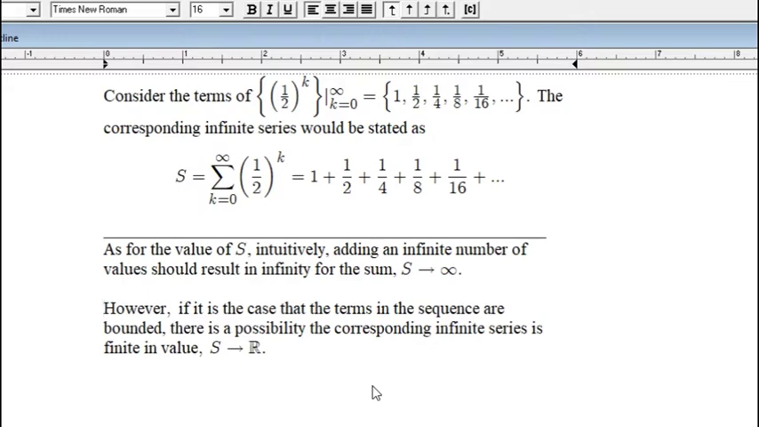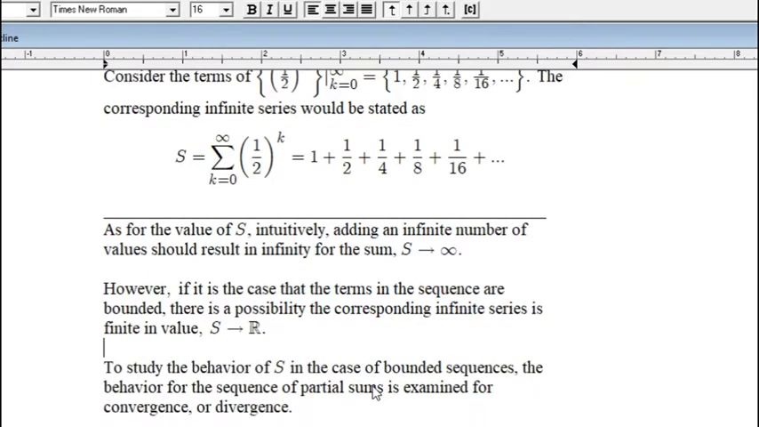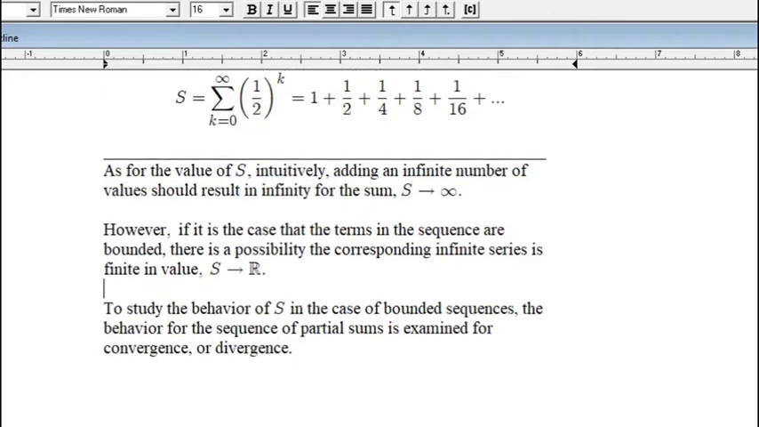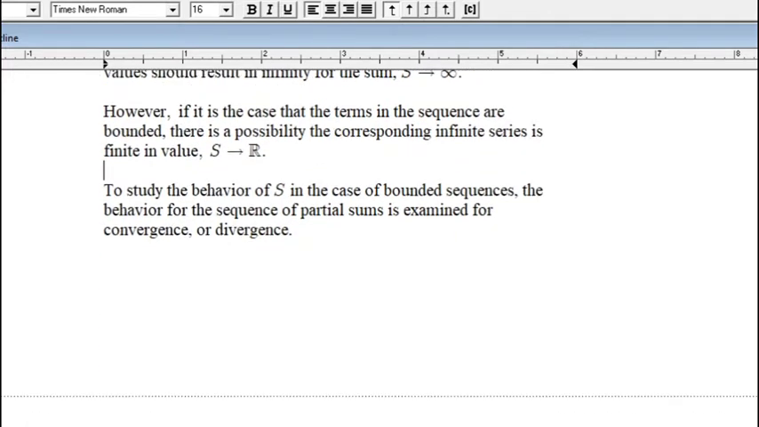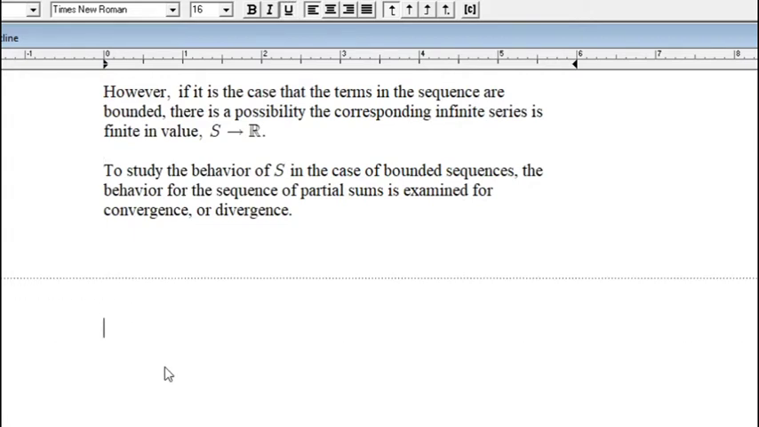To determine the behavior of s, whether it's heading off towards infinity or approaching a real number value, to study that behavior, we study the behavior of the sequence of partial sums. And we study the sequence of partial sums for either what we call convergent or divergent behavior. Now, what is the sequence of partial sums? If I bring that definition into view here,